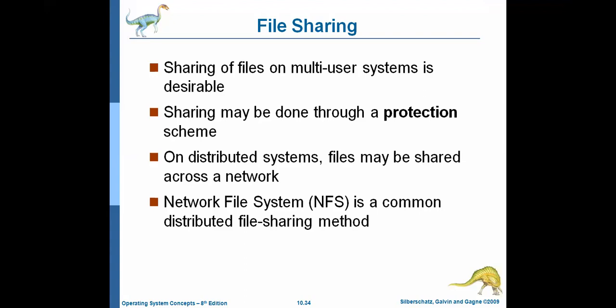So obviously, if it is a distributed system, what is a distributed system? A distributed system means a number of computers are connected together via the network, and all the computers or machines are available in different locations. They are connected via the network and distributed geographically, so that is the reason why it is called a distributed system. In a distributed system, the files may be shared across the network. How can we share the files across the network? There is a common method called the network file system. NFS is a common distributed file sharing method. With the help of NFS, we can share files to the distributed systems.